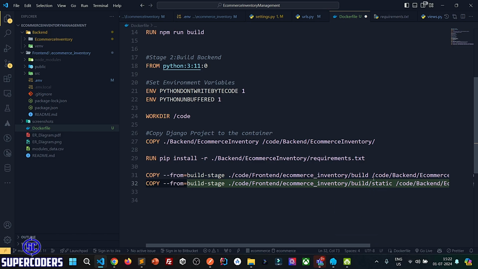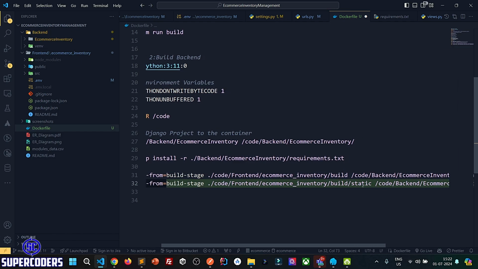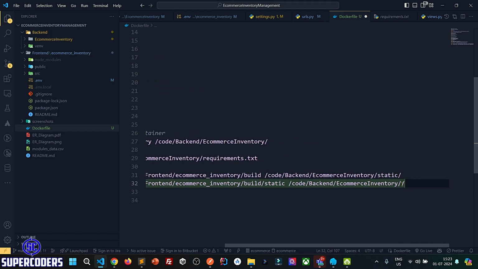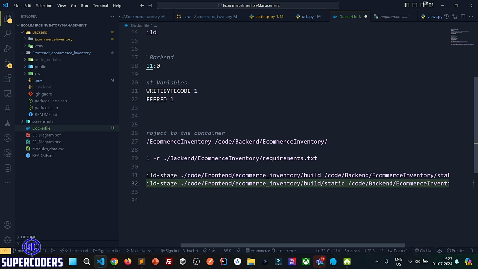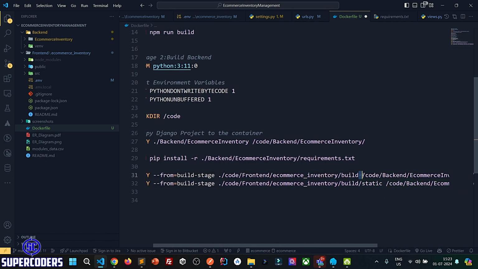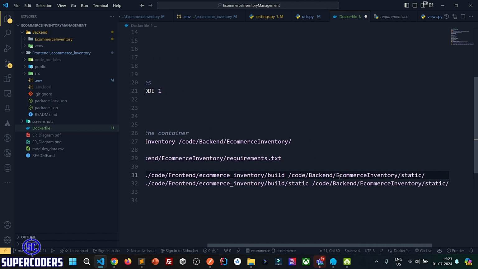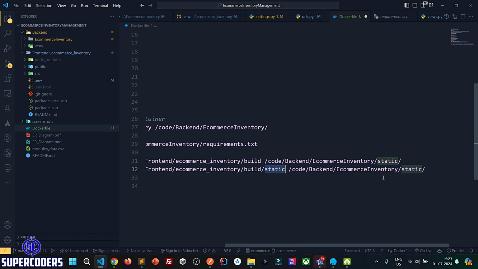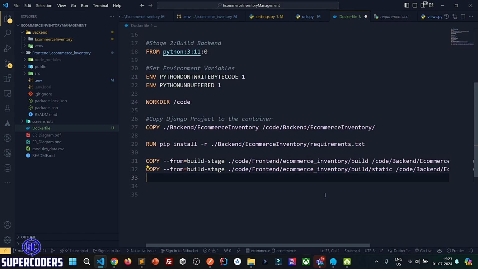Right now, if you build a project in React, it will give you HTML, CSS, JavaScript inside a static folder. So what I can do is copy all the static from the static folder to our e-commerce inventory inside the static folder. So first it will create the complete frontend build code and just paste it inside the static folder. Then the static folder has CSS and JavaScript, and I'm going to copy from the static folder to the actual parent directory of the static folder. Copy